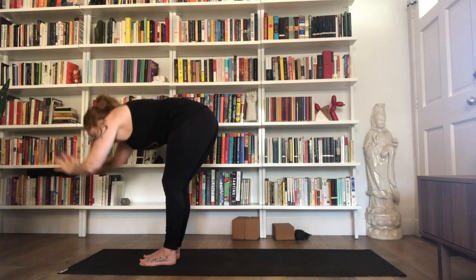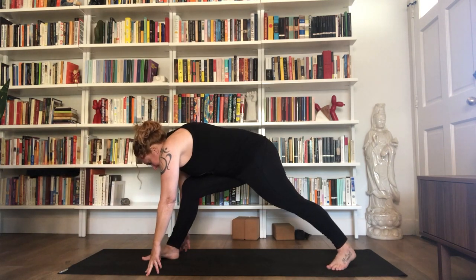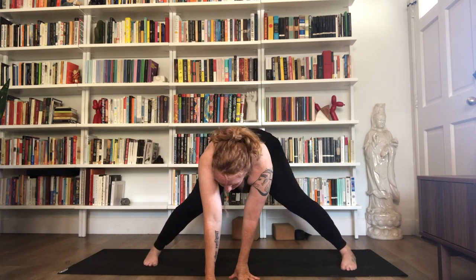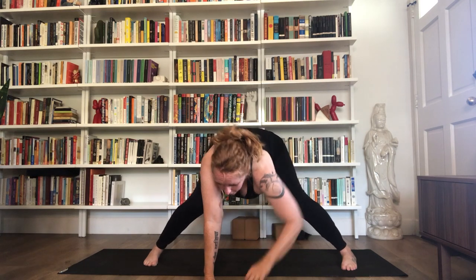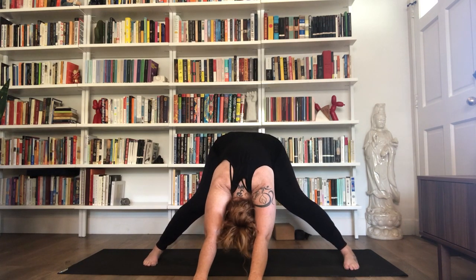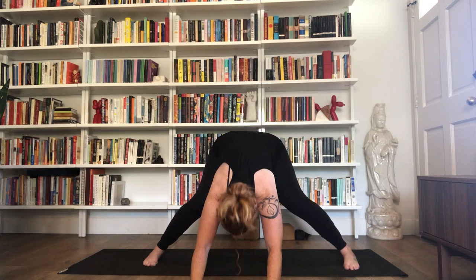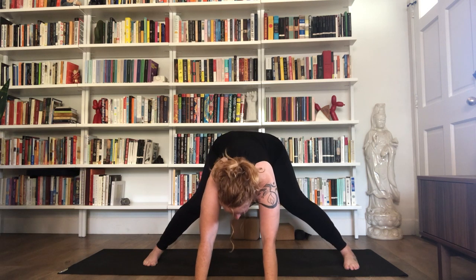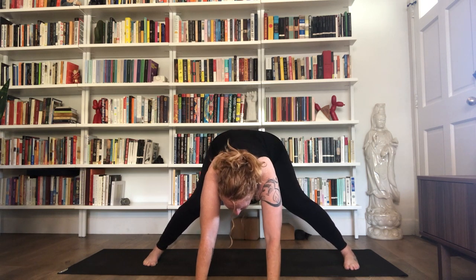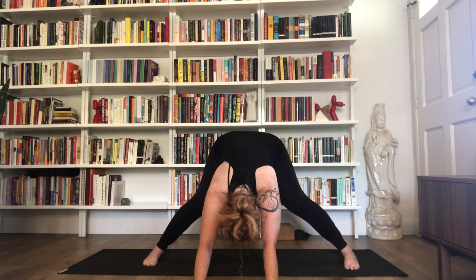Exhale again, come all the way down. Take your left leg behind you. Breathe and open all the way to the side with your legs wide open. Scoot your arms forward. And drop your heart back. Pause right there. Relax that neck. And breathing and keep grounding your hands down. If they're not touching down, then come onto your knees so your hands can touch. But if they're touching down, just imagining